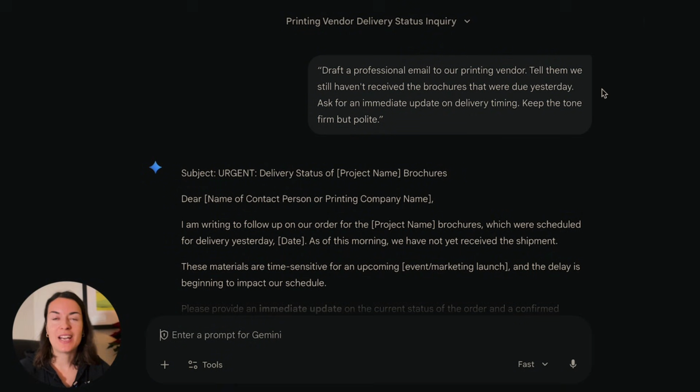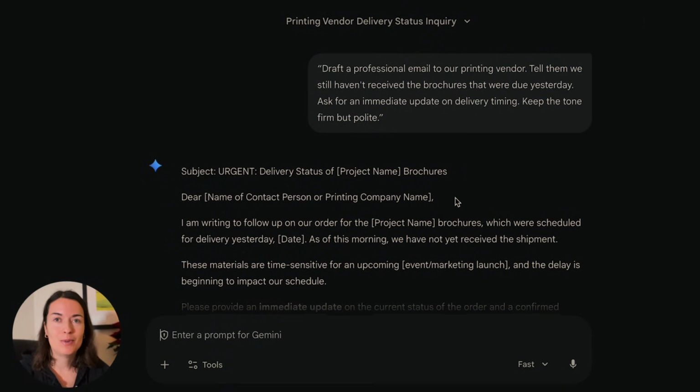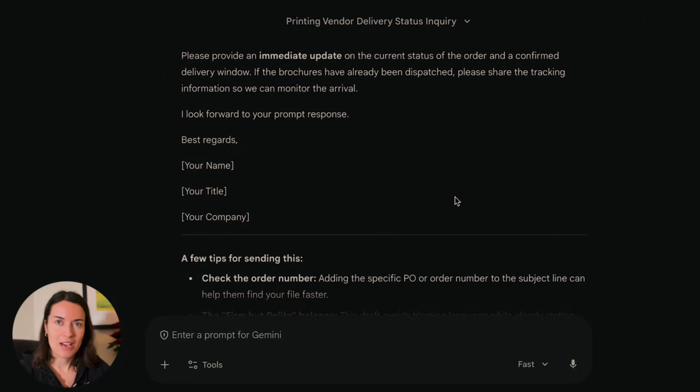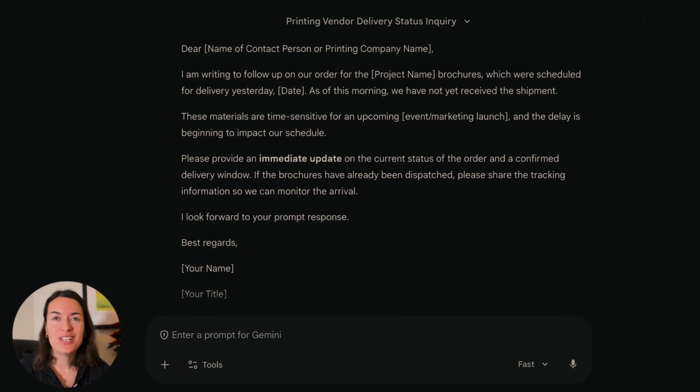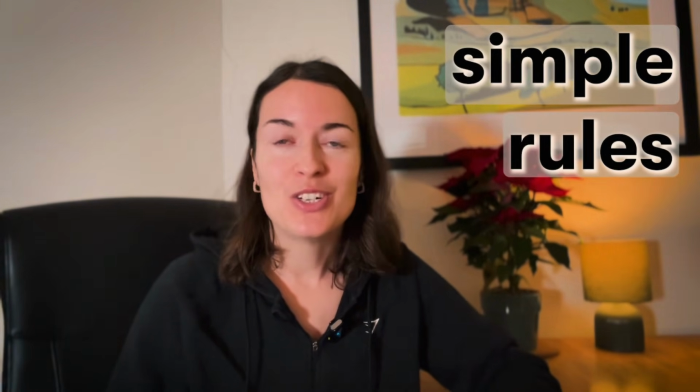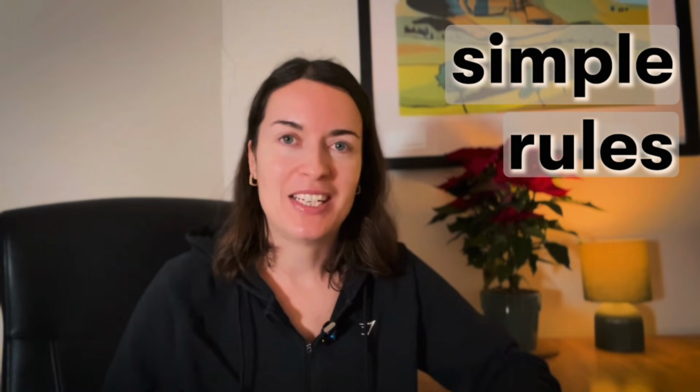So in just a few seconds, you've got a perfectly usable draft with a subject line, a body, and some placeholders for names. Is it perfect? Probably not, but it's a good starting point. You just need to tweak it a little bit. And as you experiment with Gemini and with prompting in general, you will notice that the quality of the responses is directly linked to the quality of your prompts. And there are some simple rules you can follow to make sure that your prompts are better and better every